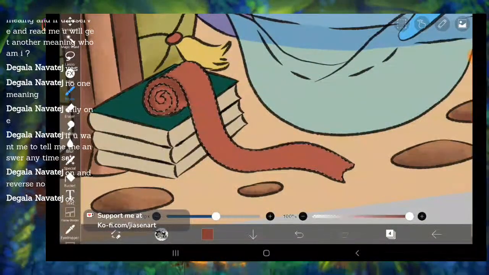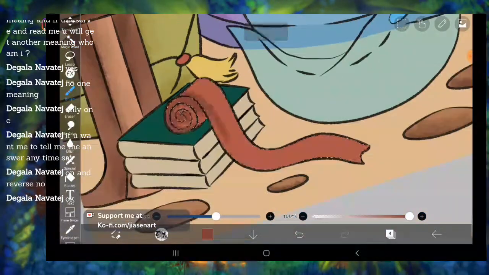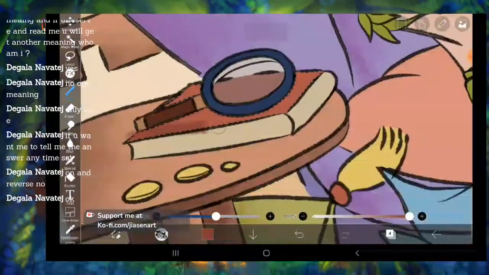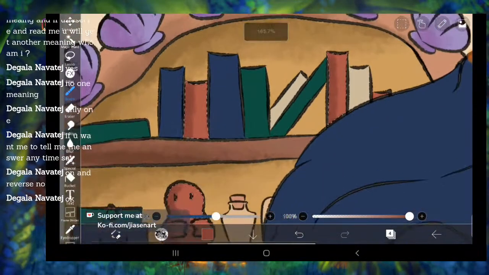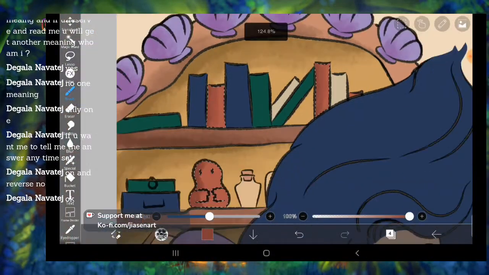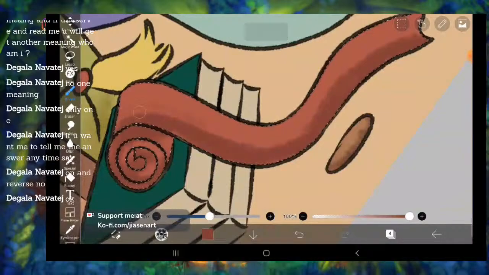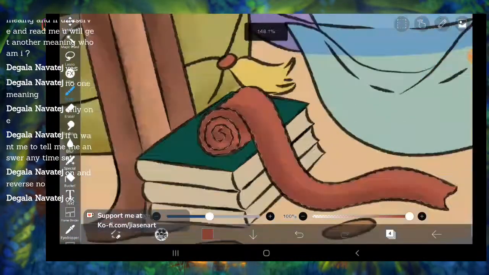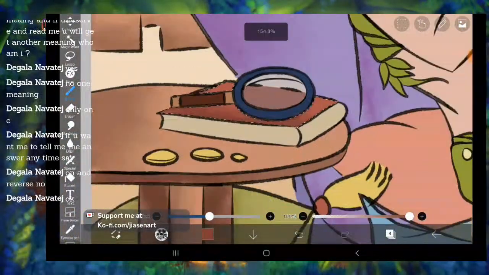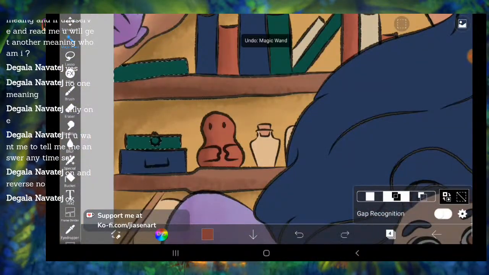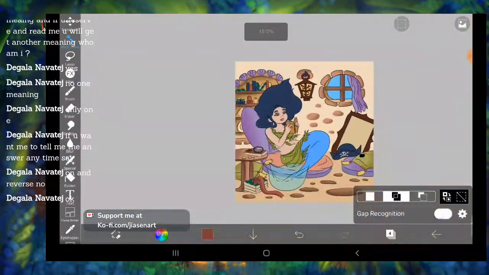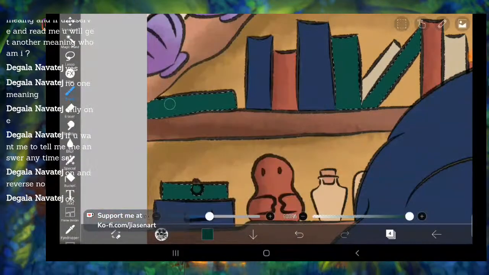Anyway, so I started shading. This is the brush I used, which is watercolor real. And I'm blending it with fluffy watercolor water because that's the easiest possible way to do it.